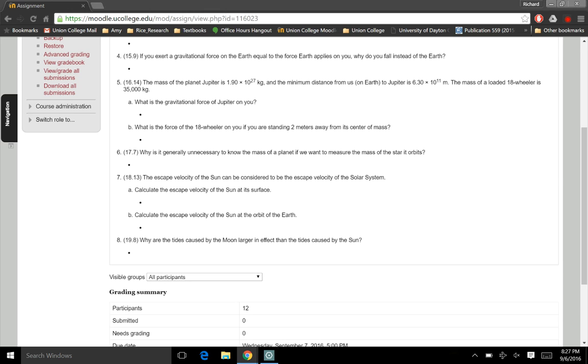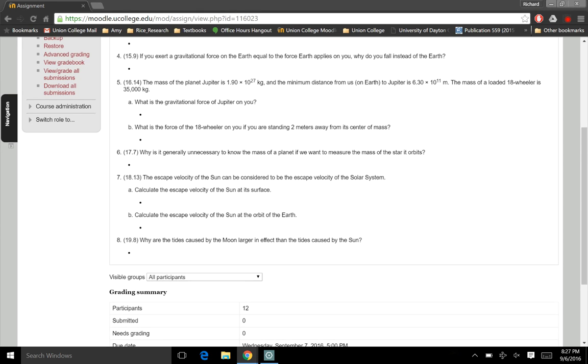Okay, we need more than just the velocity. We need one other thing. The distance. Okay, the velocity and the distance will tell you, or the period and the time were the answers I was looking for, but velocity and distance tells you the period and time as well. I said period and time, those are the same thing. The period and the radius. Those are the two things I was looking for. But velocity and distance also works because it gives you the same information. So all you need is those things.